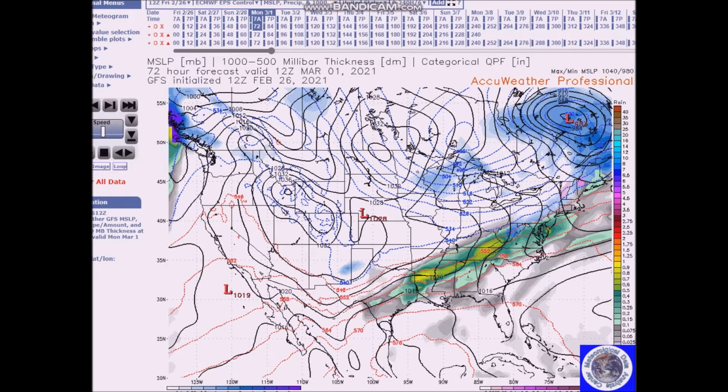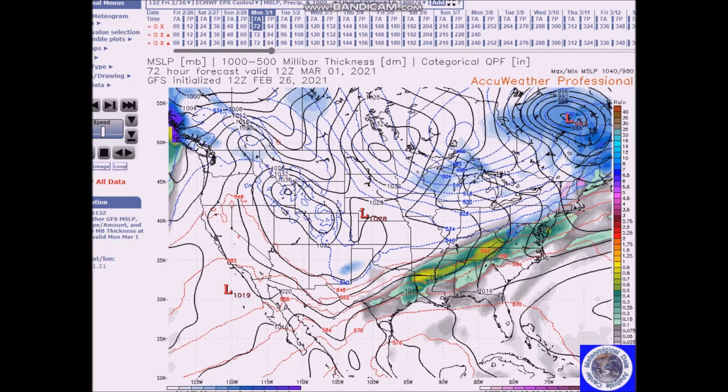Well, anyway, we have an upper low here moving through the southwest, and this will interact with Gulf moisture on a frontal boundary. Along this frontal boundary here, there'll be several waves moving along it, and this will bring a prolonged weather event to the south.